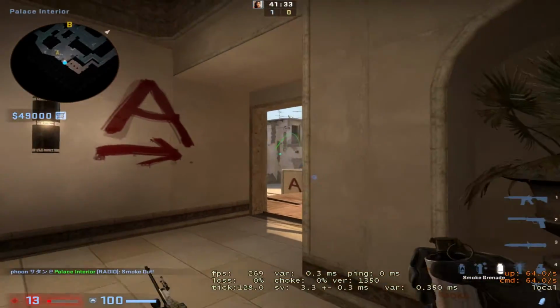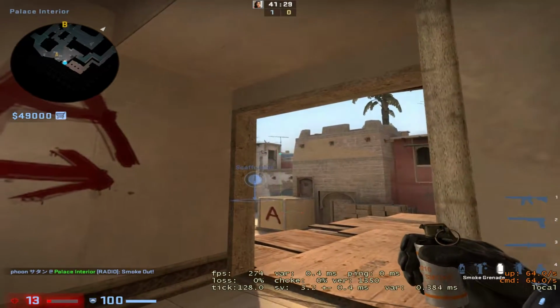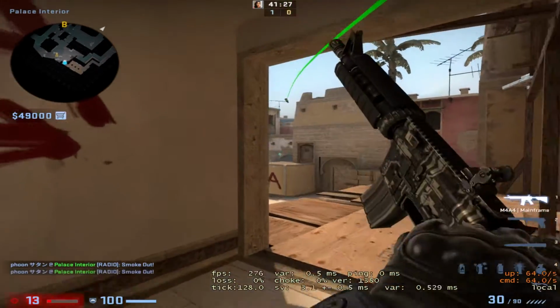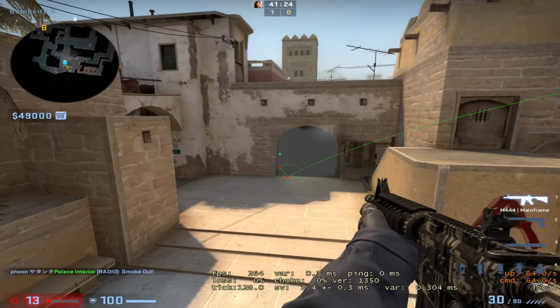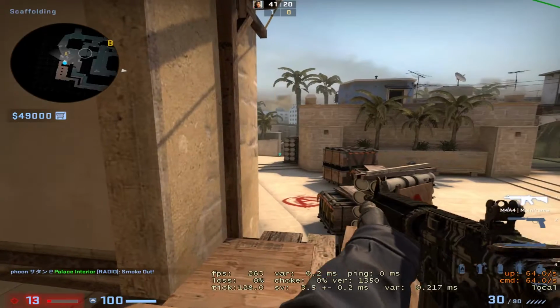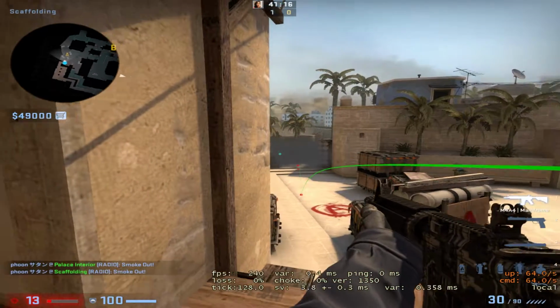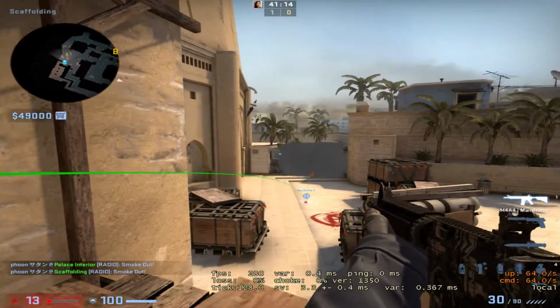You can just do it from the safety of Palace without exposing yourself to jungle by just coming here and aiming at the top of that white building. Same smoke, no gaps, all good. That's pretty much it. You can freehand throw a CT smoke like that. That's not really a